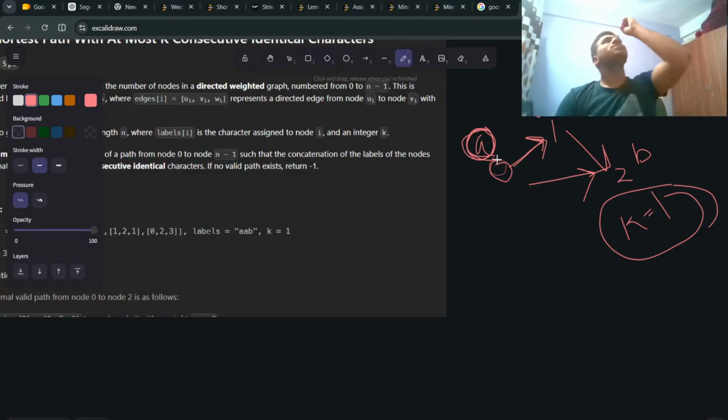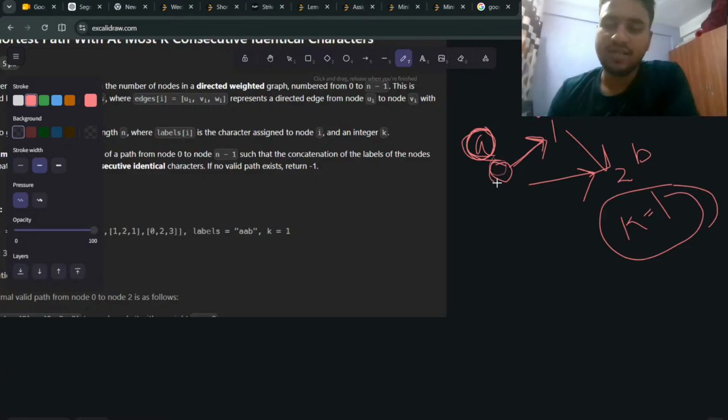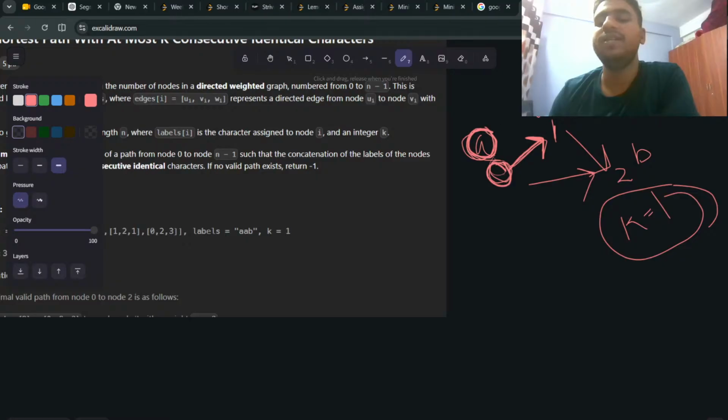So this is one of the simplest problems that I am discussing. You can easily understand. Firstly, let's see, we have this graph. Okay. So this is the graph. From 0 to 1 we have an edge, and on node 0 we have character A. On node 1 we have character A. On node 2 we have character B. So the problem is saying that